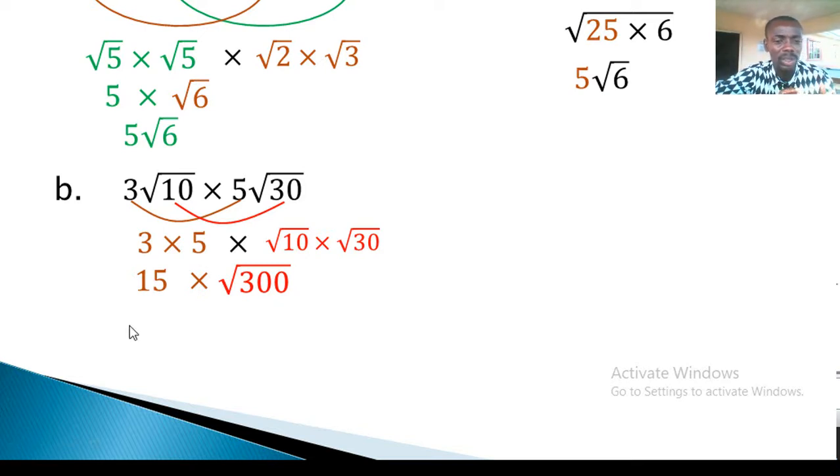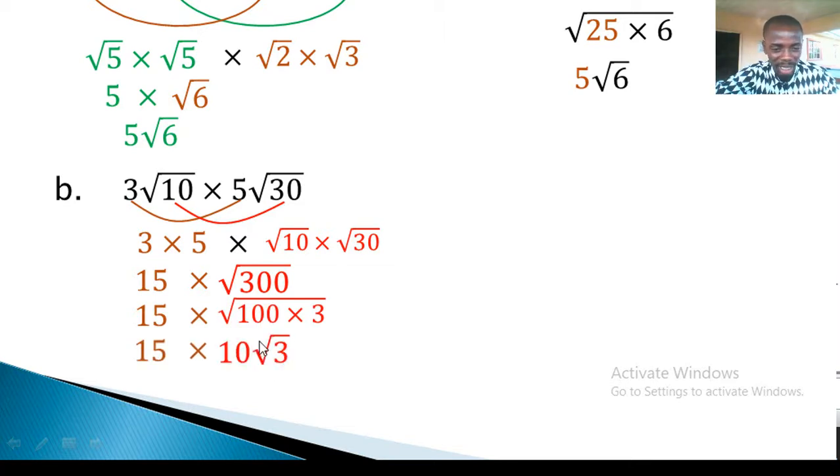100 is going to be a very good number to use. Okay, so I'll be having 15 multiplied by 100 root 3. So that is 15, then multiply by, from 100 I'm going to be having 10, then root 3. To finish it all, I'm going to be connecting 10 and 15 again, like I did in this first step. I'm going to be connecting 15 and 10 again, giving me 15 multiplied by 10, that is 150, then